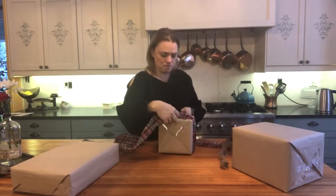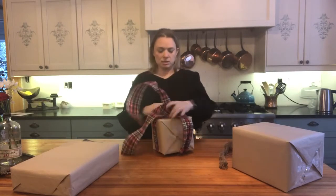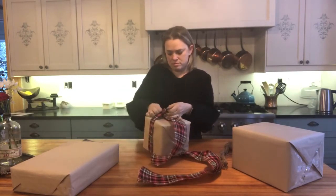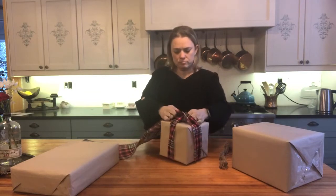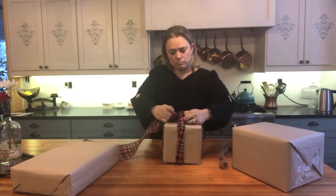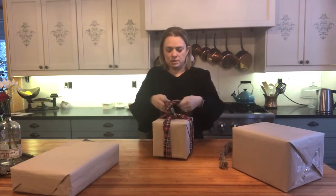And then I just twist that over, and then tuck one side under the top, and then the other side under. Oh, there we go. And then I'm going to tie my